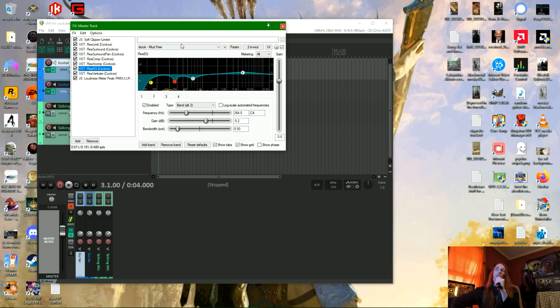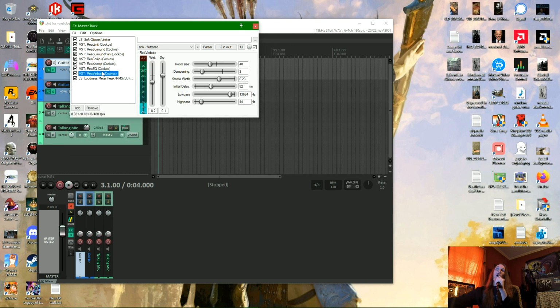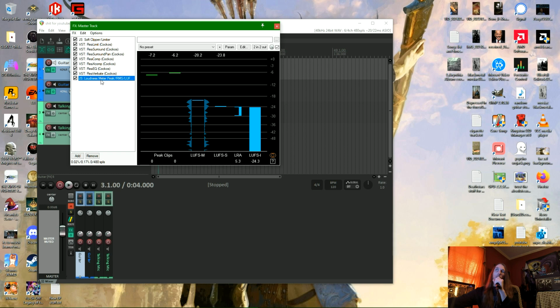Rhea AQ again, but this time I have it on a different preset for mud free. Actually, that's probably where all that reverb was coming from on my master bus, now that I see that, because I see that there is a reverberate on my master bus as well, and then the loudness meter at the bottom. So I have all that on the master bus kind of just to top things off a little bit